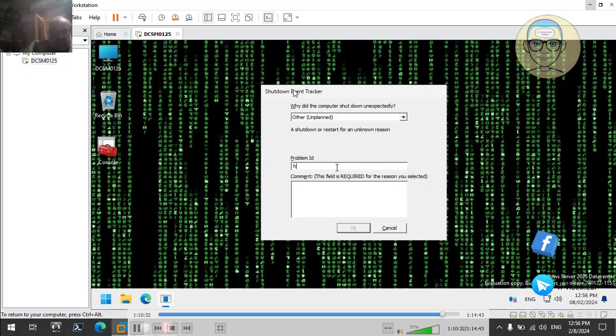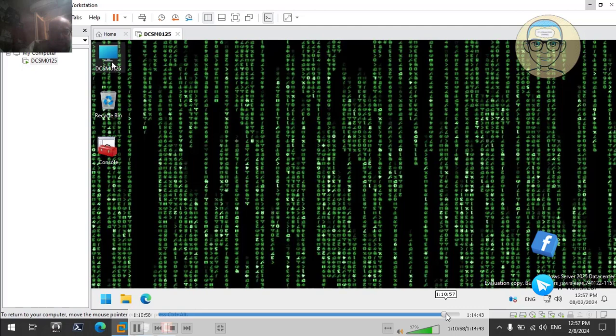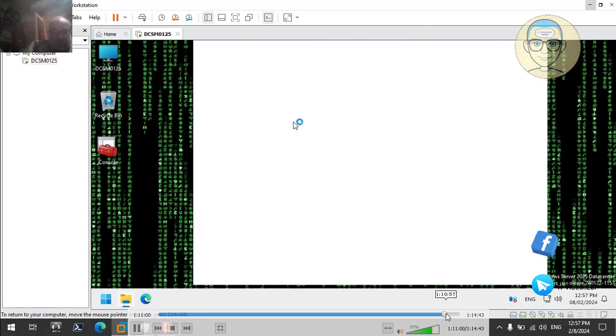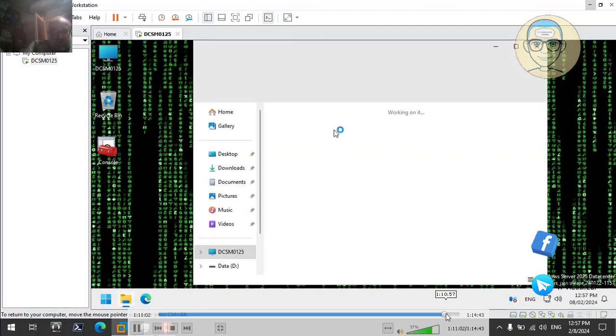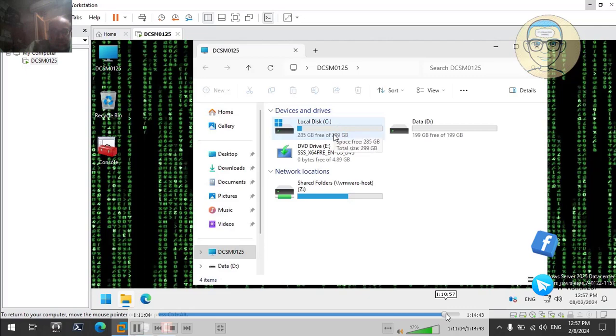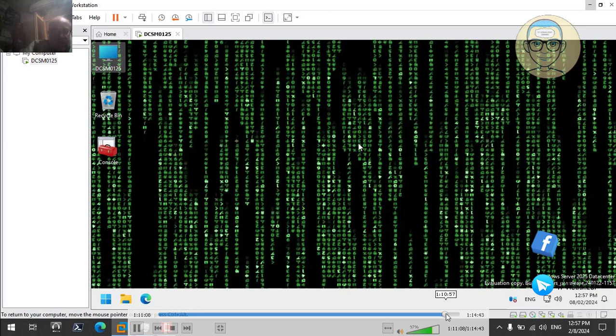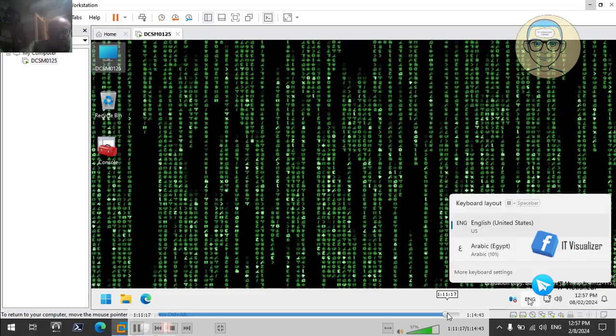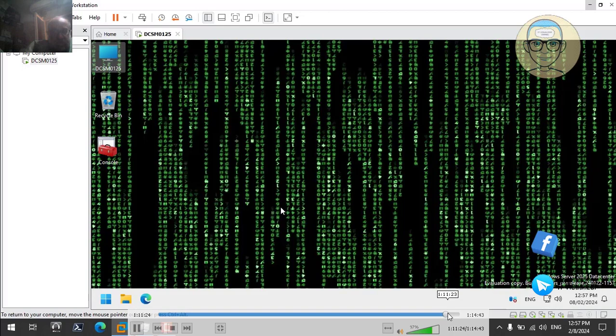Okay, the shutdown event tracker, we have seen this before. So I think now we have everything up and running. We can just close the server or take a snapshot before creating the additional domain controller. So everything is there and working. So what we need to do now,